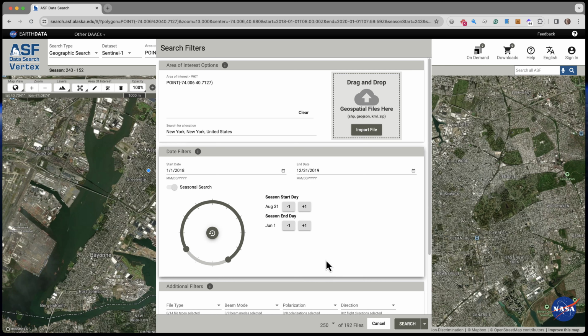So that's an example of how to use the additional search filters. Remember, they will change based upon your search type and your data set that you select, but regardless, you will always have all those filters available for that given criteria you specify. And that's an introduction to our advanced search filters.